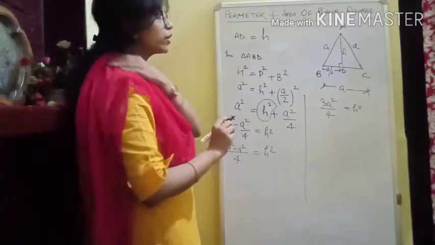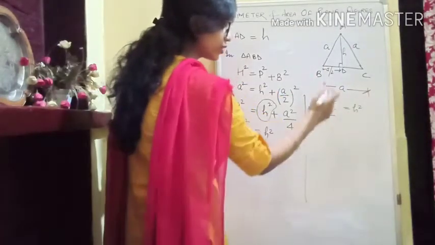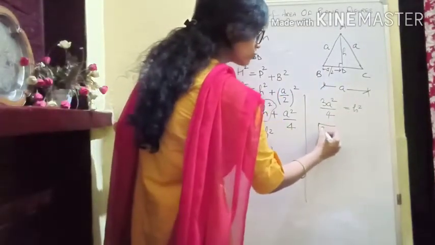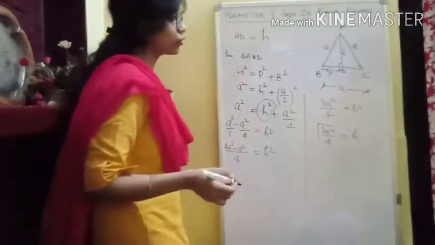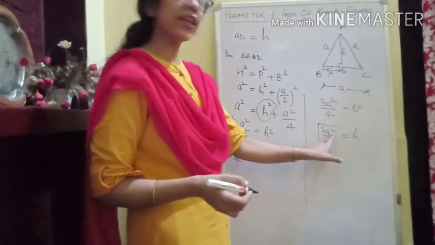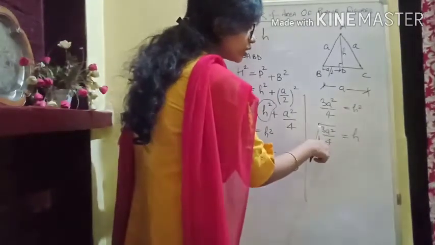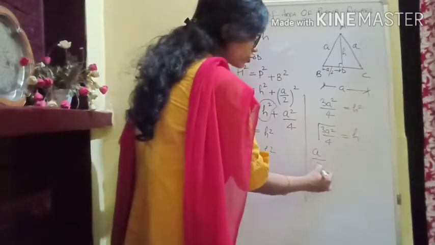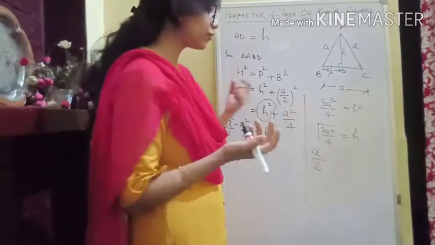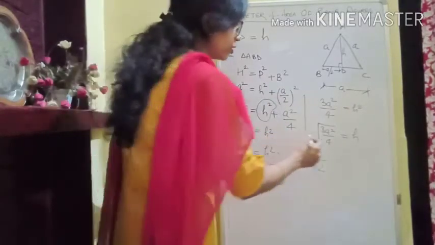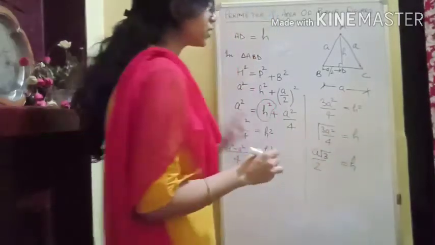Correct? We want to calculate h. Here we are getting h square. So what to do? Of course, we will take the square root to the other side. It will be square root of 3a square upon 4 equals h. Okay, now you see the square. Here we have a square, so what will come out from the square root? A only. What about the divide? It is 4. What will come out? 2. But you see this 3, it will not come out from the square root as we won't get any factors. So we will simply be writing it as root 3. And that's how we are getting our perpendicular.